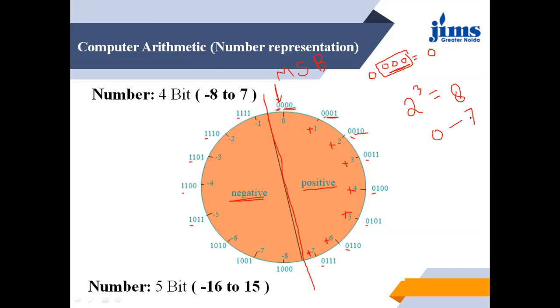Now in the negative side, I told you that when I have to write a number in 2's complement, suppose I have to write -5, then what do we have to do? First, we have to write down the binary equivalent of +5, and that is equal to